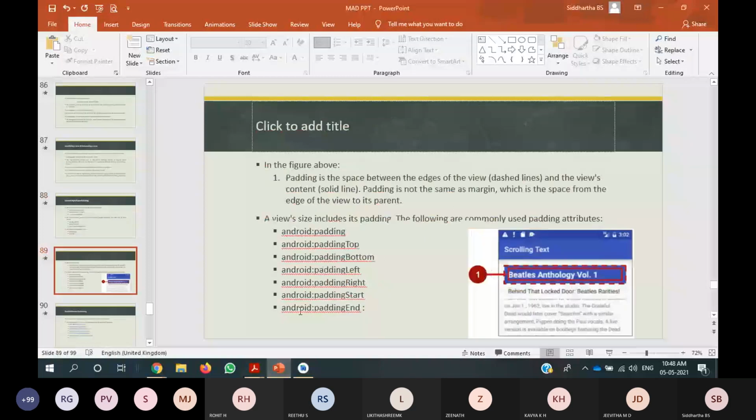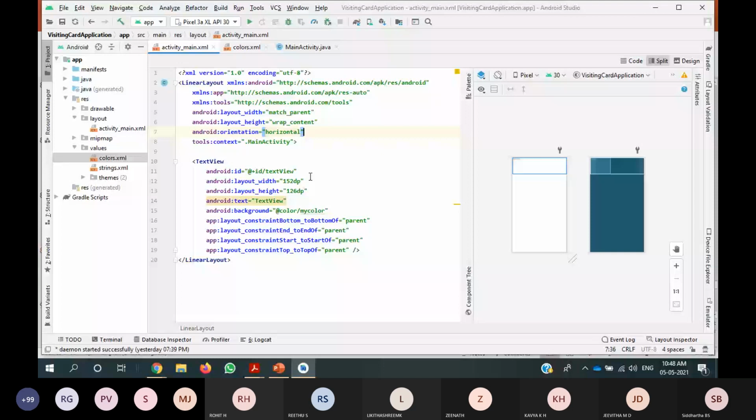And one more layout attribute you need to use, other than these three, is layout gravity. So that is layout gravity you need to use. Sorry, android: